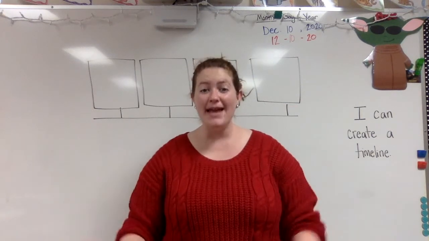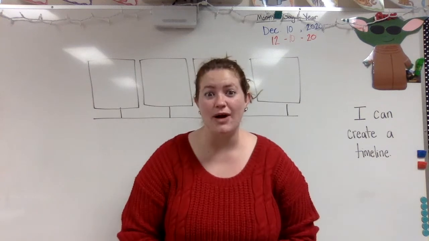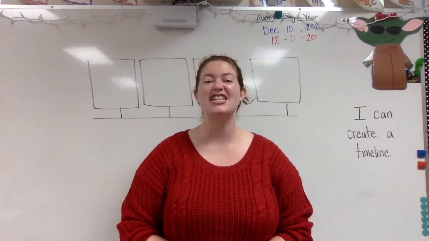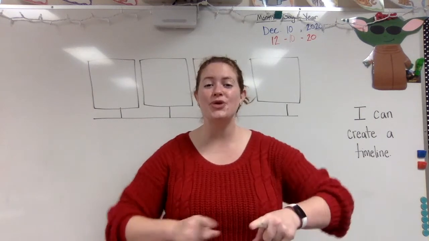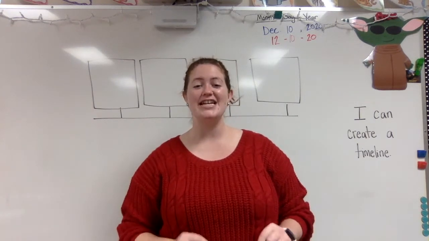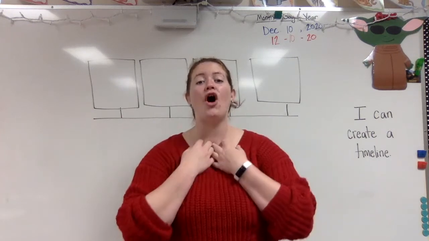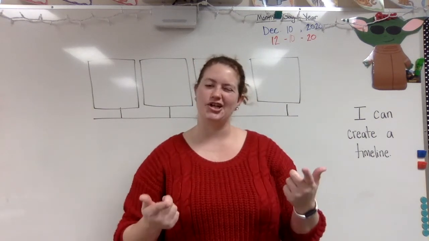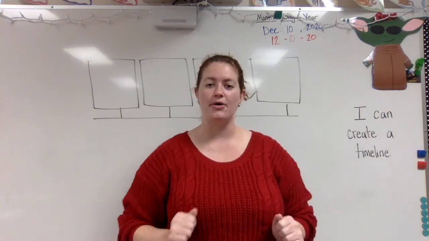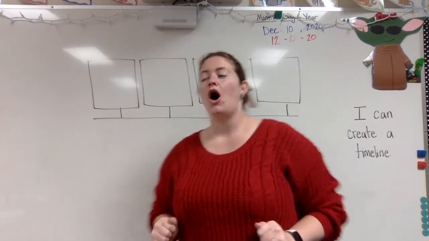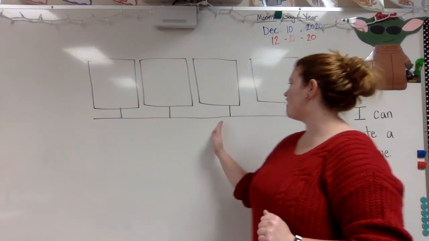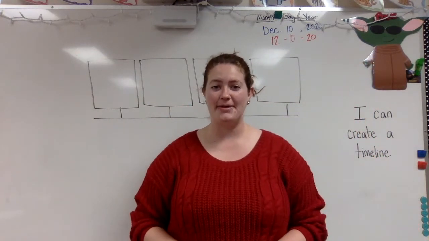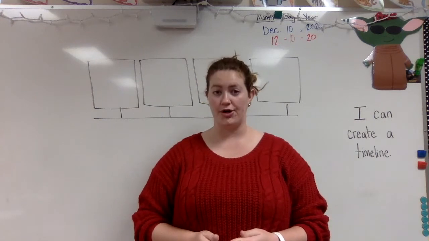Now, to make it a little easier, guess what? You are going to make a timeline about yourself. So you know all the important things in your life. Now, we're all going to practice together making a timeline for Miss Lime, but then when it's on your own, you're going to do one about your life, okay? So, on our timeline, we're going to think of the 4 most important events that have happened, and we need to put them in order, okay?